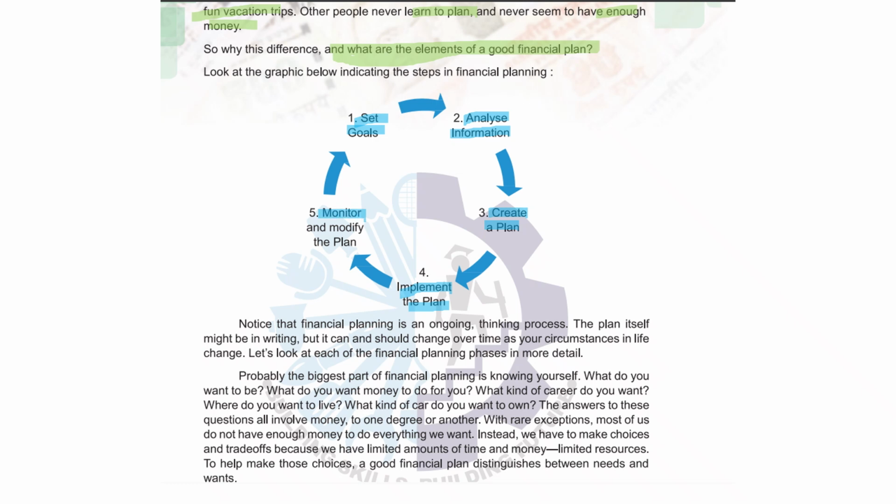कि आप पहले चेक करेंगे कि अब आपका कितना होगा, और you are in the third month, तो for the next 2 months आप 150 रुपीज बचाएंगे, ताकि till the end of 5 months आप ये रेड बॉटल खरीद लें। ठीक है। सो अब आप ये देखो कि financial planning is an ongoing process and a thinking process। ठीक है, क्योंकि जो प्लान है वो खुद ही राइटिंग में होगा, but it can and should change over time as your circumstances.